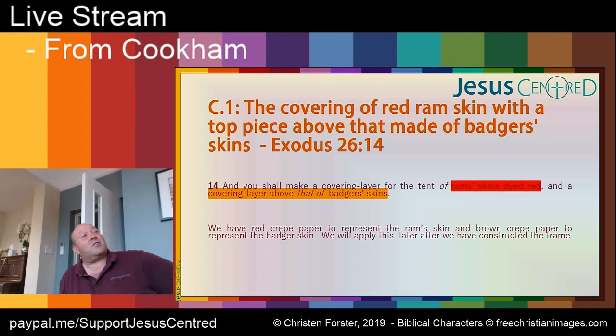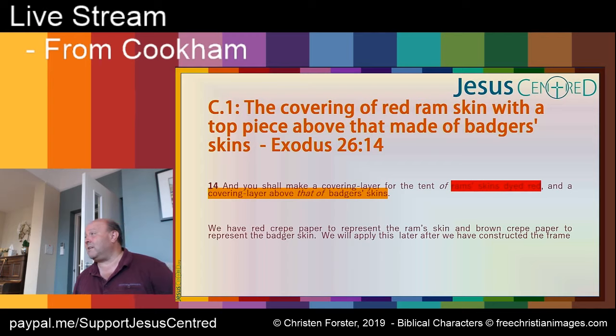So remember we're just in the first sections. We're just looking at the fabrics and how they sit together. When it actually comes to building the model, we're going to cover the roof, and the text doesn't specify exactly the shape, but that's not surprising, because to specify in an ancient world exactly how to define a dome is not easy. It just tells us you're going to make it from ram skins dyed red, and there's a top layer, a super high layer that is made of badger skins. Some translations put pauper skins, but it's difficult to know exactly what the animals are, and different people have different theories. But there are two types of leather.